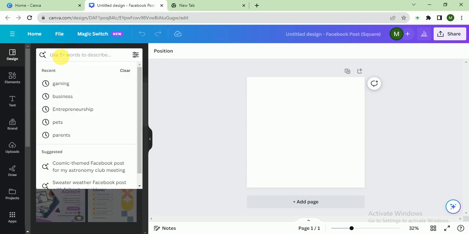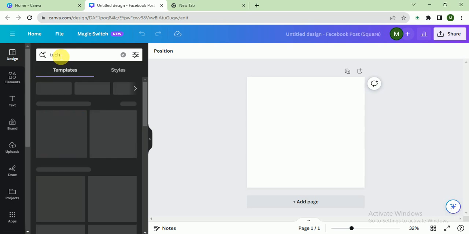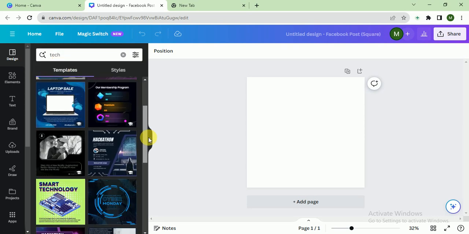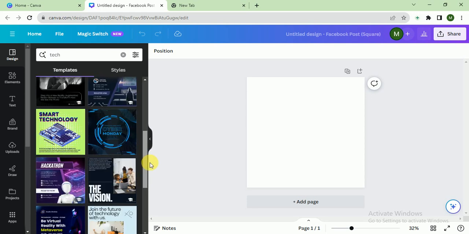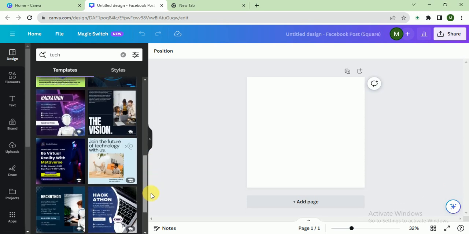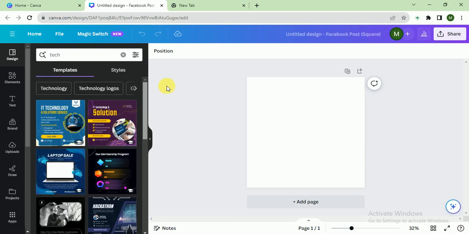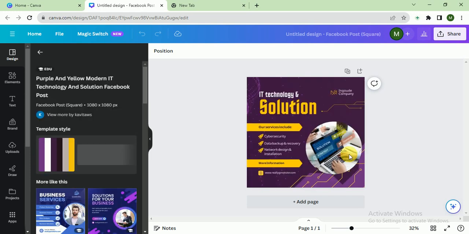And here I search tech. I like this one. This is a good template,